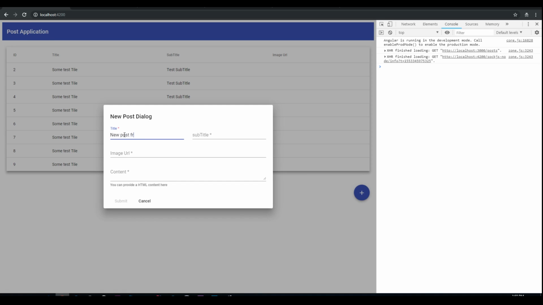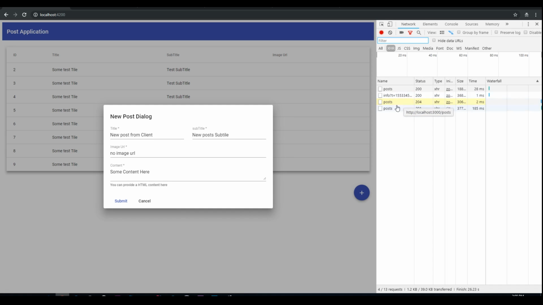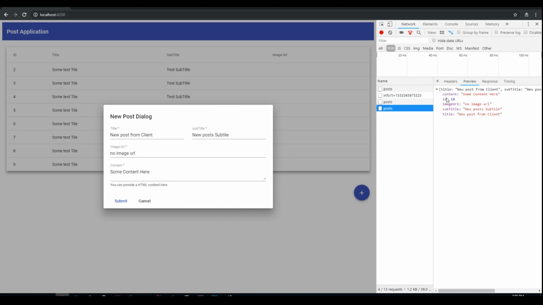New post from client. New posts subtitle. No image URL. Some content here. Let's just click on submit, and we see we've made a request here. We've got a response, and now I see one issue here. You see, we have received an ID, but